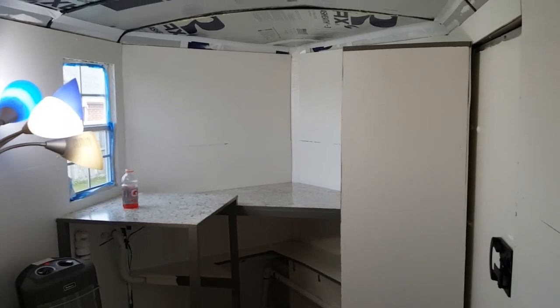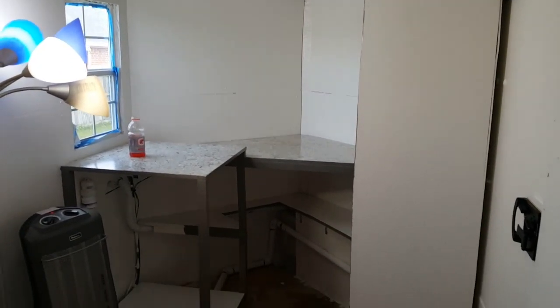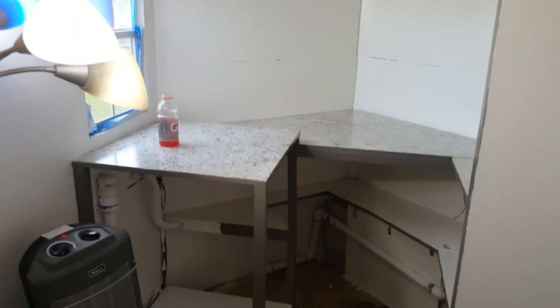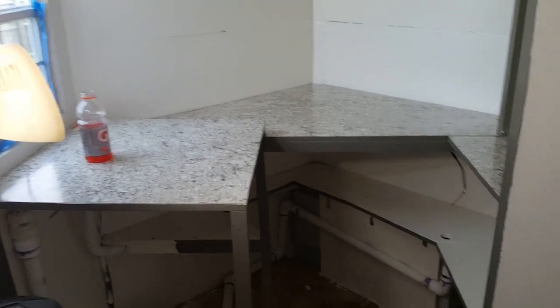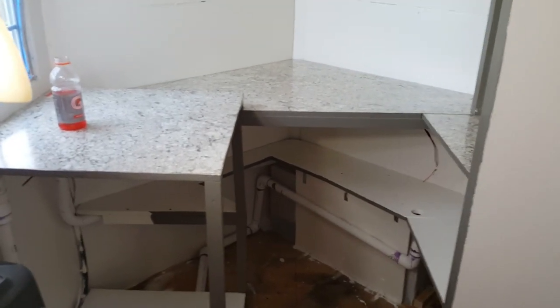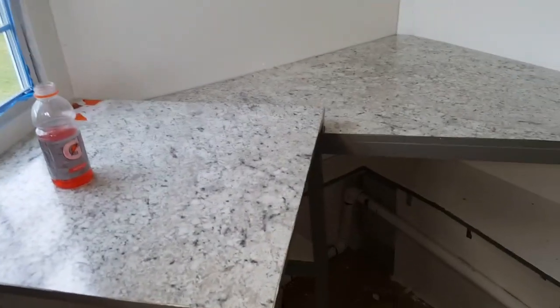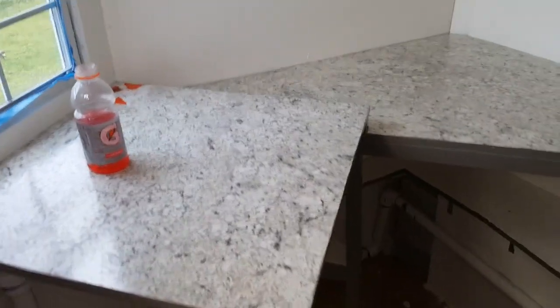Now you can see that we've done some trim painting and put on the linoleum countertops. This is just a linoleum sheet that I bought from Lowe's. I think it's about $63. And put it on with some contact cement. It adds a little bit of texture to the countertops instead of just